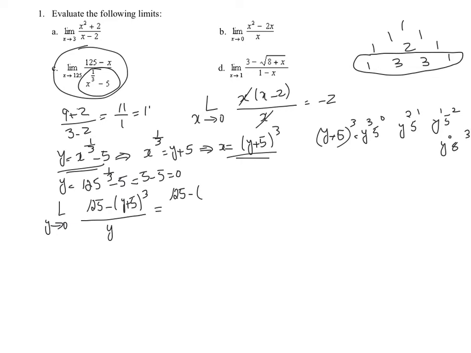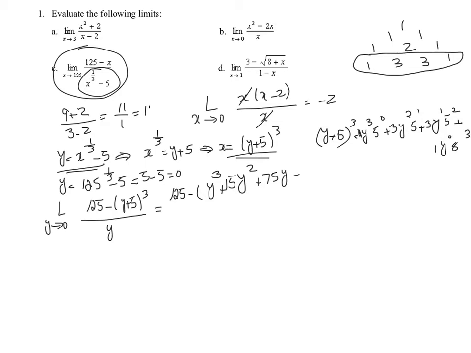Now I'm going to use these coefficients. I put it on the left of each term. So this is 1, then it's going to be plus 3, then plus 3, then plus again 1. Now I'm going to simplify it. 5 exponent 0 is 1, so 5 cubed. Now 3 times 5 gives me 15, so plus 15y squared. Then 5 squared is 25 times 3 is 75, so plus 75y, and 5 cubed is 125,